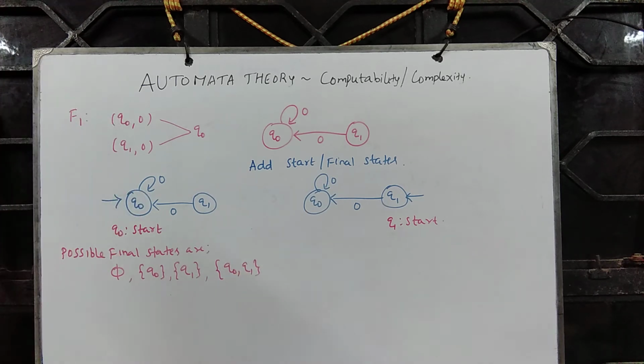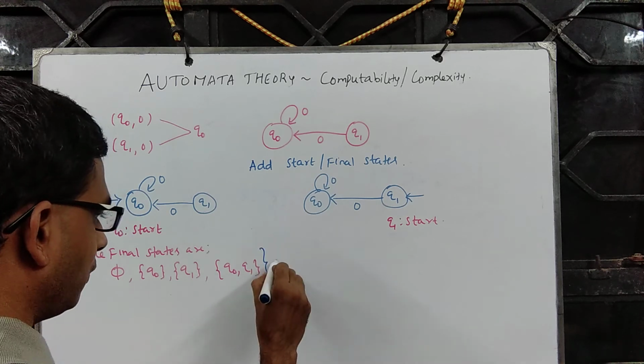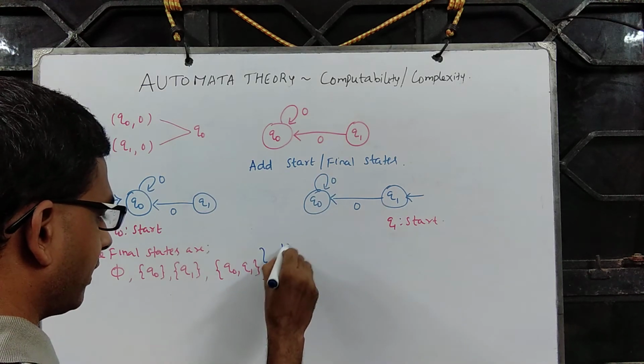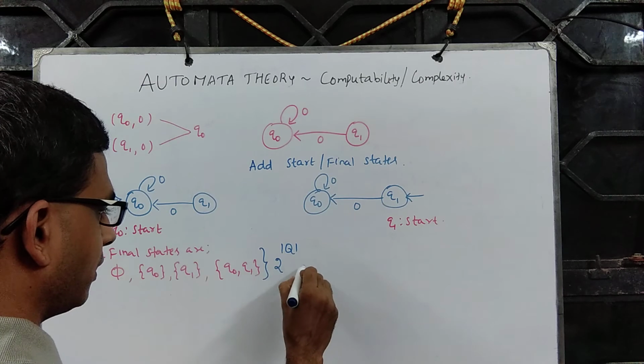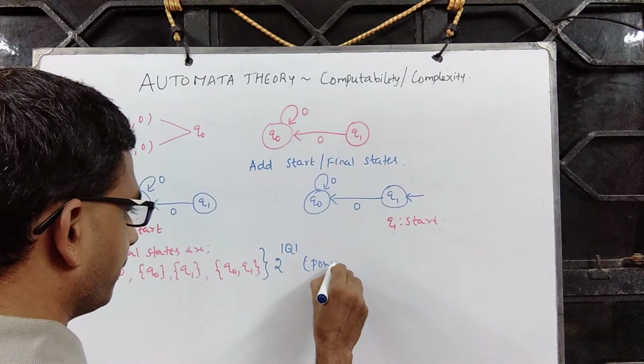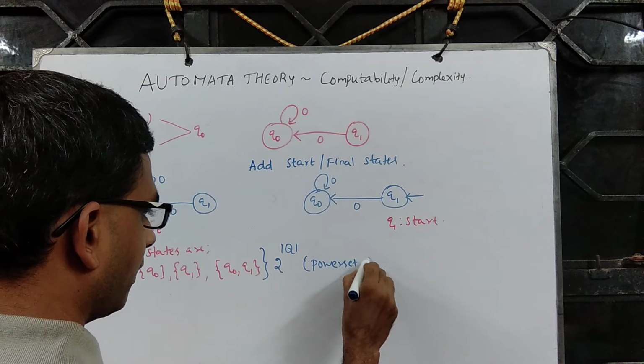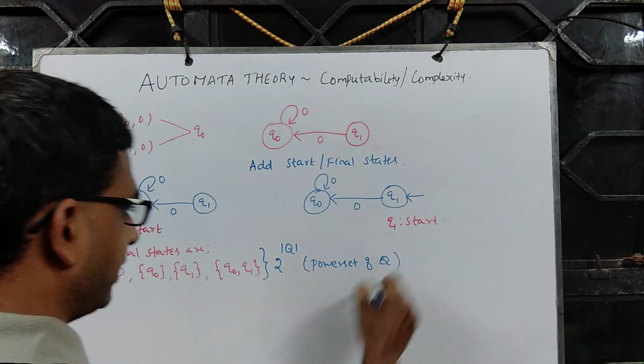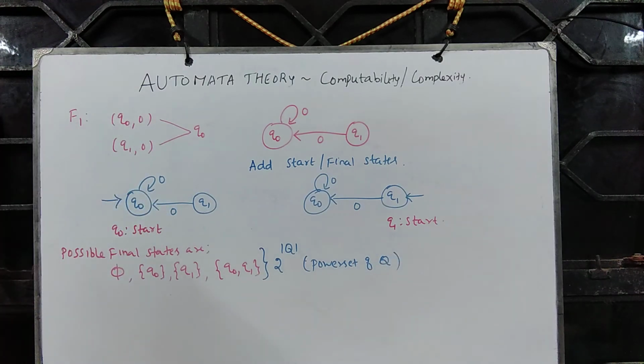What is this? This is precisely 2 power cardinality of q, or the power set of q. So the cardinality of the power set of q, which means keeping q0 as the start state,